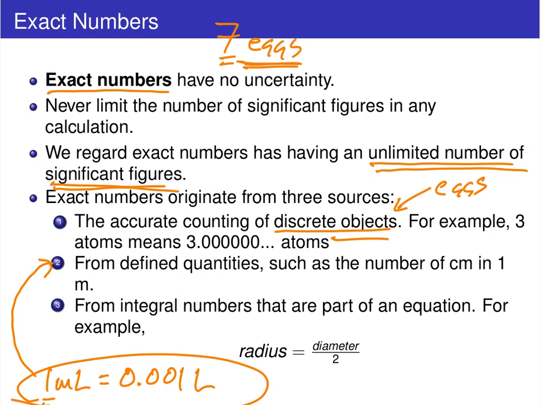Okay, and the last place that we're going to see exact numbers show up is at times we're going to be presenting mathematical equations that have integral numbers that are part of that equation. So one that you're perhaps all familiar with is the definition of the radius. So radius is 1/2 of the diameter, right? So this is an exact definition. So this 2 down here has an unlimited number of significant